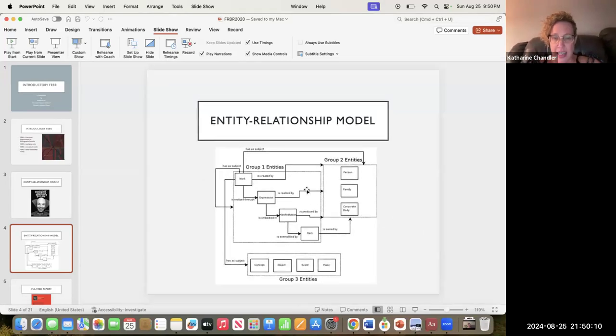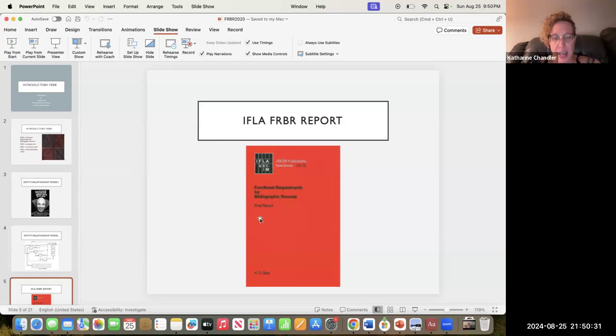We're going to look at this again later, and you can actually see this online. When you look at your copy of these slides for FRBR, there's a link for this. So there's work, expression, manifestation, and item, and all these other things like concept, object, event, place, as a subject, and entities, whatever. So this is a copy of what the IFLA